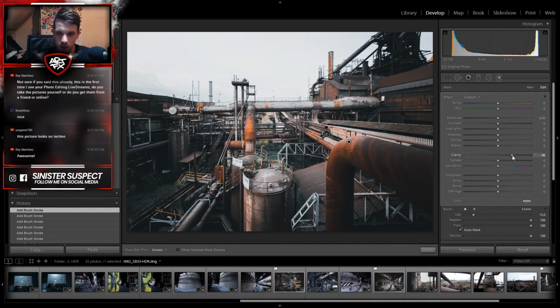And now I can take the slider and just play around with how much of it I want. So I brought it up to 50 first, which is quite heavy, so that you can clearly see where you're painting. Maybe I want to add a little bit right here at the top as well in this tower. Yeah, that actually brings some more detail back in there. I'm just gonna do a bit here, a little bit on that side wall, and now I can bring it